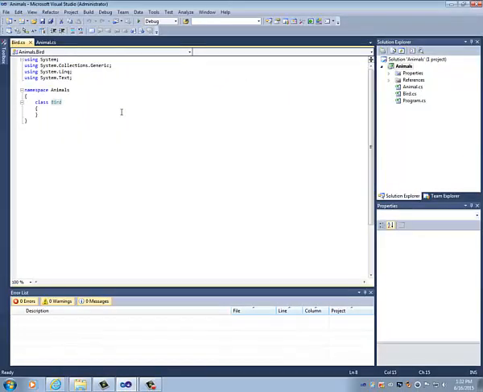Now, how do you indicate inheritance? With a colon. And then you put the base class on the other side of it. This lets C# know that the animal class is the base class for bird, and it allows the bird class to have access to all the members of the animal class, which are those three methods. We'll start off with a constructor,